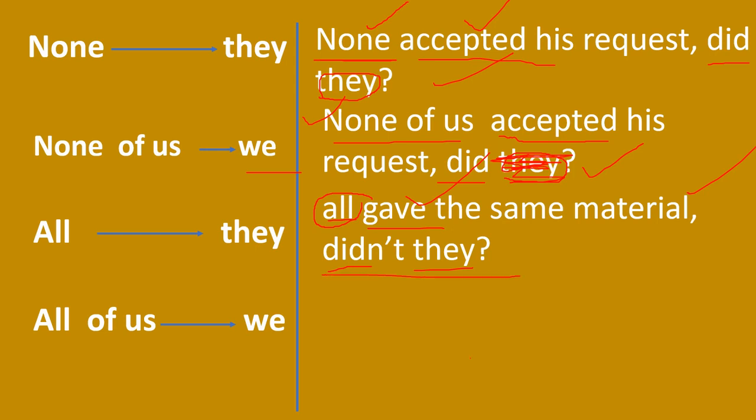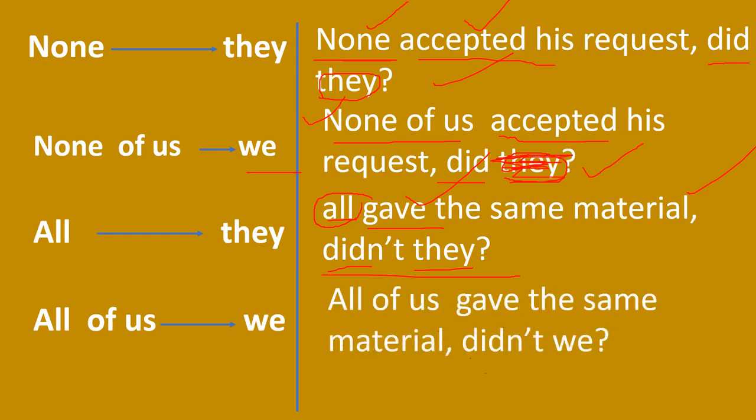Next one, all of us gave the same material. Here also all of us, for all of us we should write the subject pronoun as we. Next one, there is no auxiliary. Gave is there, gave is in the second form, that is called simple past, so we should write did here. All of us gave the same material is the positive statement, so we should write negative question tag as didn't